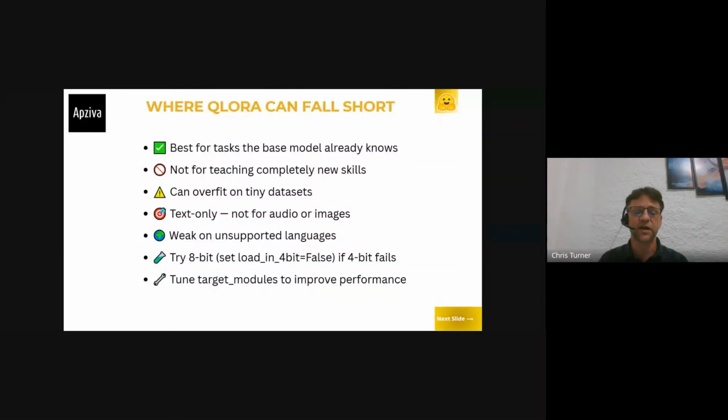And then also you can juggle around or change or add these LoRA adapters between different layers of your model. So if you remember the target modules argument that we were passing to one of the functions there for the LoRA config, you can add more of these LoRA adapters or add them only to specific layers in your model and see if that changes the performance of the model for what you're trying to do.